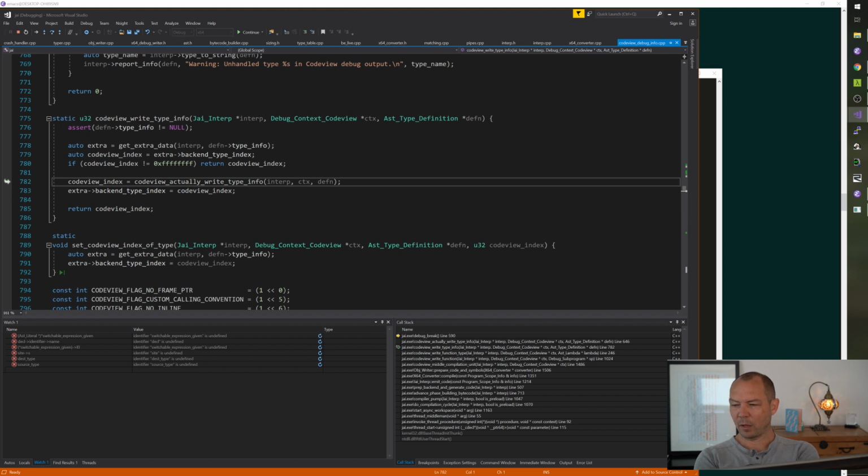Do you use RAII moves in the compiler code base? No. You try to get rid of it, but you don't know how. What do you mean you don't know how? Just don't use it. If you don't do RAII, you don't have a problem.